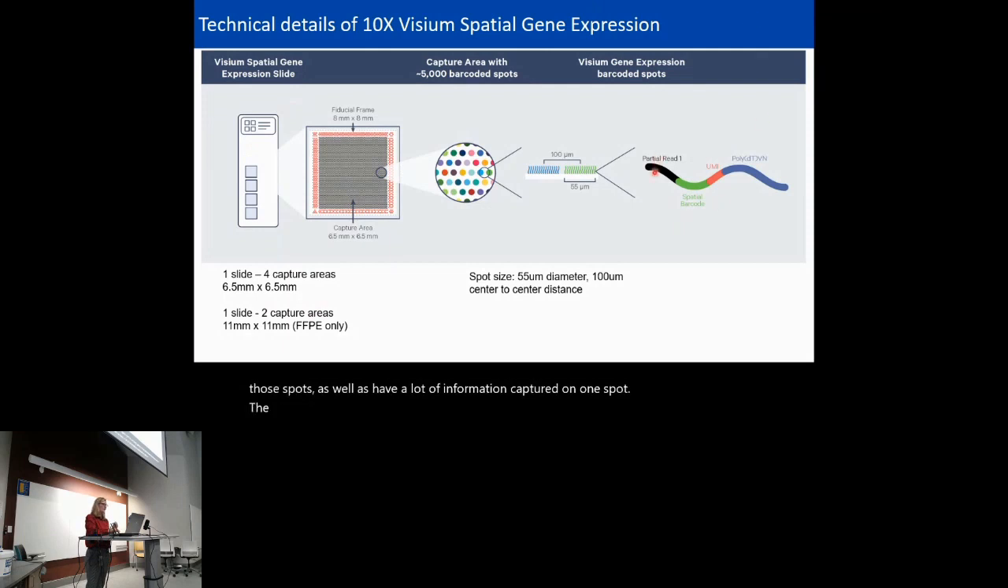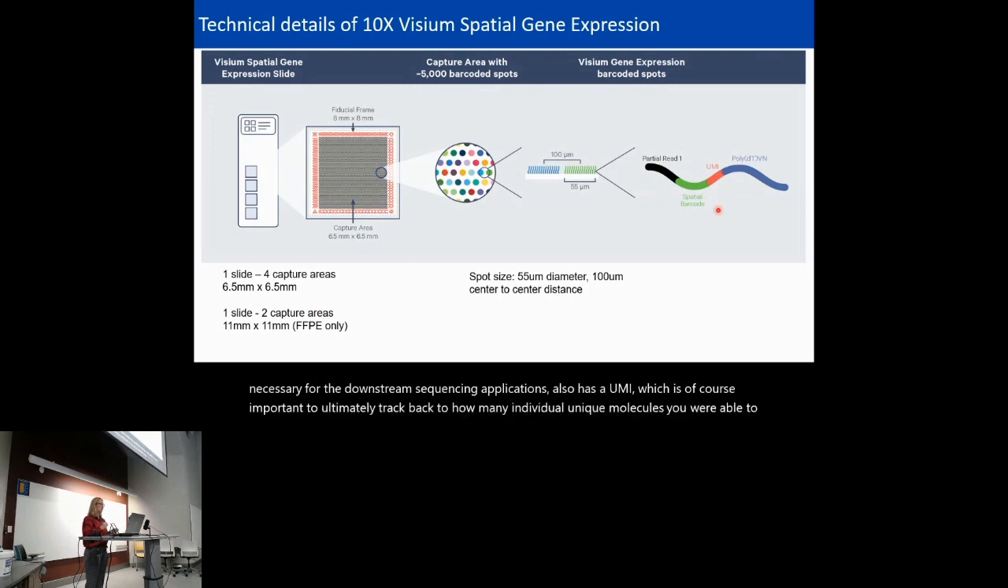The actual barcode itself, in addition to having the spatial barcode and a partial read that's necessary for the downstream sequencing applications, also has a UMI, which is of course important to ultimately track back to how many individual unique molecules you were able to capture of a distinct transcript, as well as a poly-dT tail. That's how it's trying to capture the RNA, right? So it's going to capture all of your poly-A